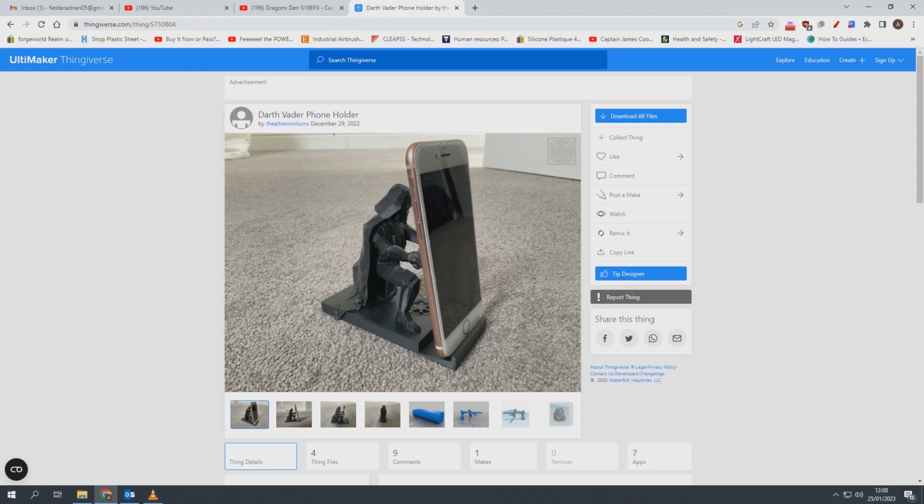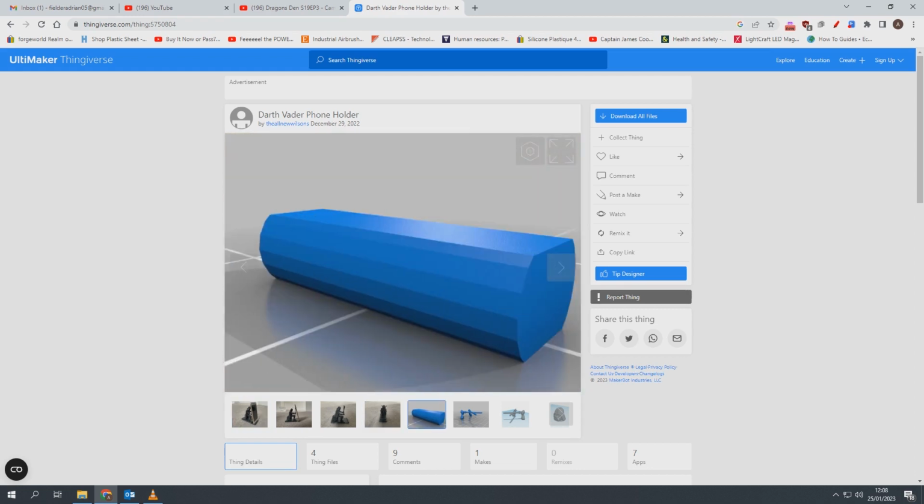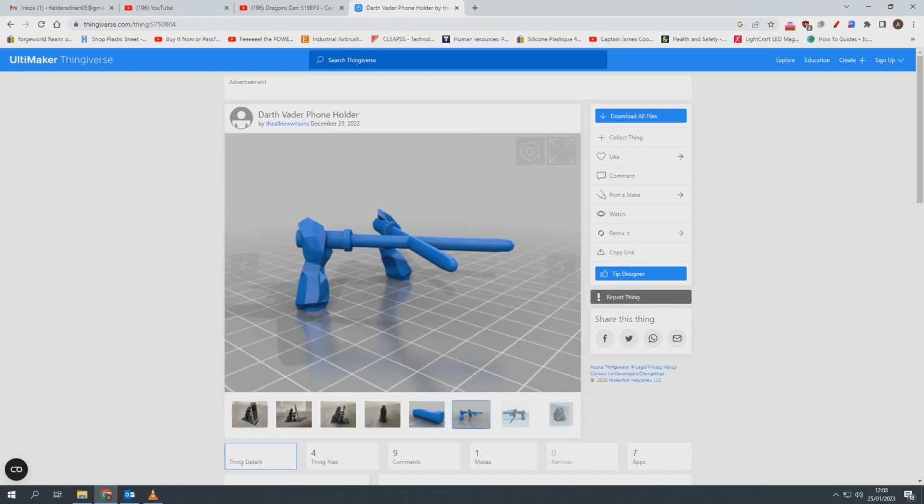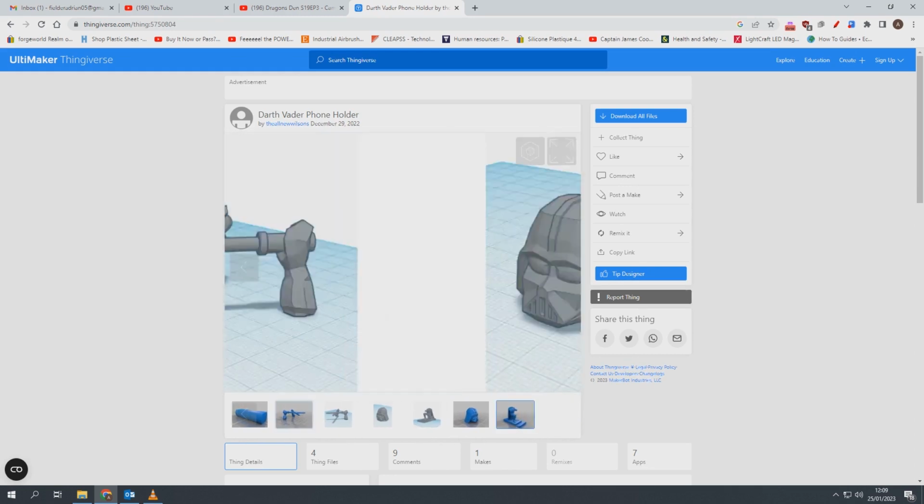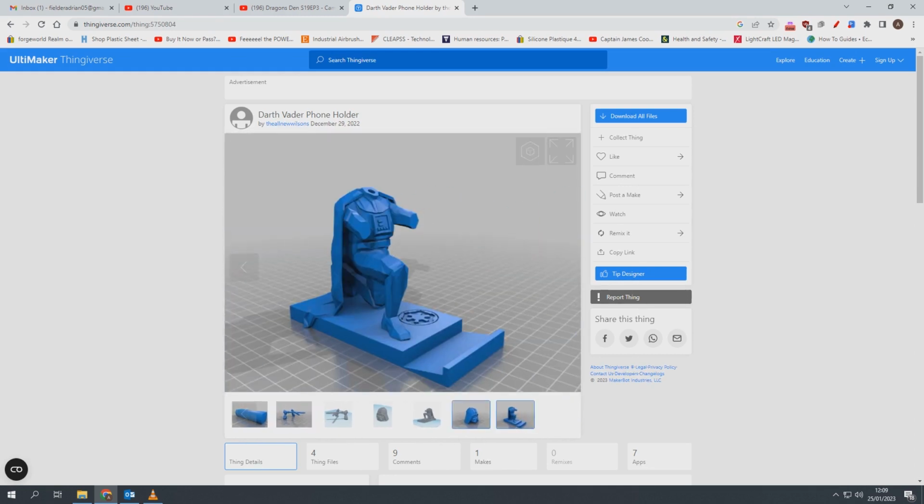Now, what's interesting, if you click on the parts of it, as you can see, there's lots of bits. The head is separate, and the reason that is probably separate is because there are certain bits of that, a lot of it wouldn't need supporting, but I reckon the two arms there would need some support,